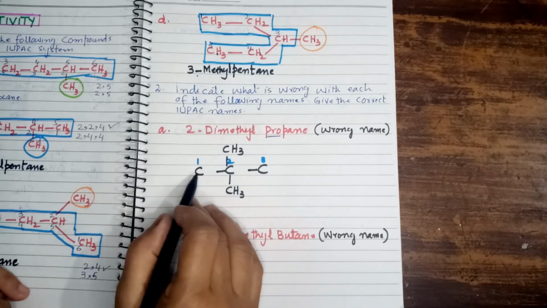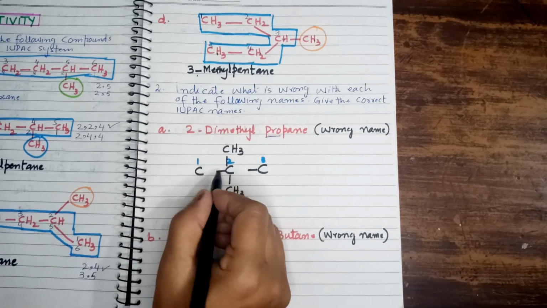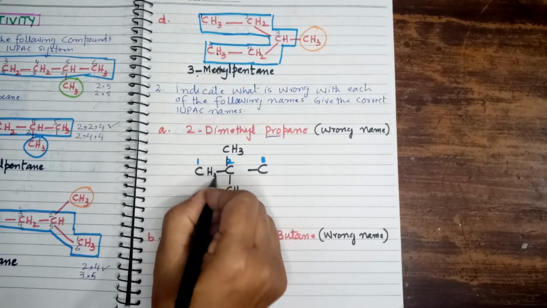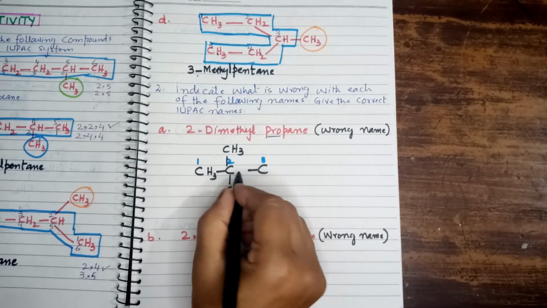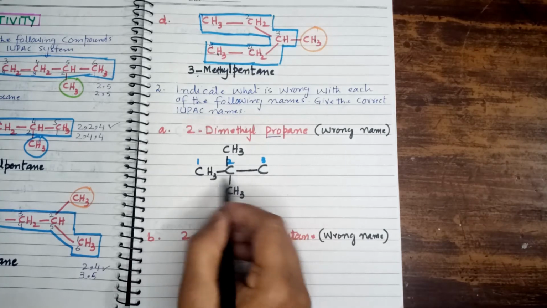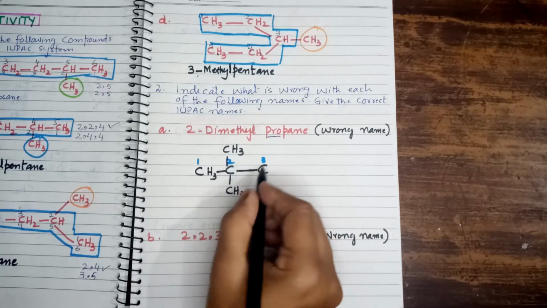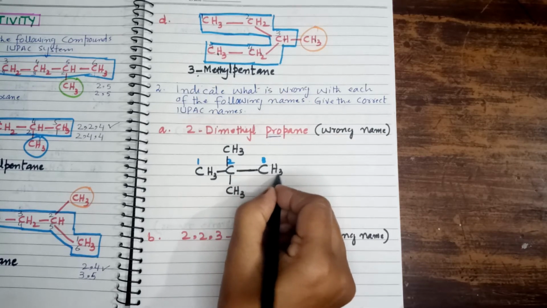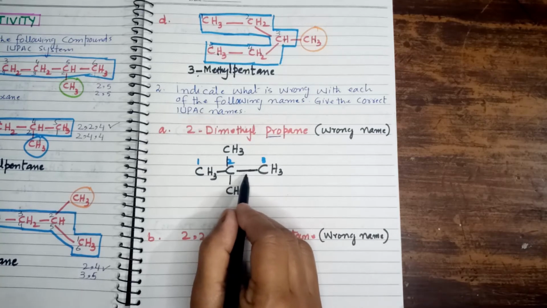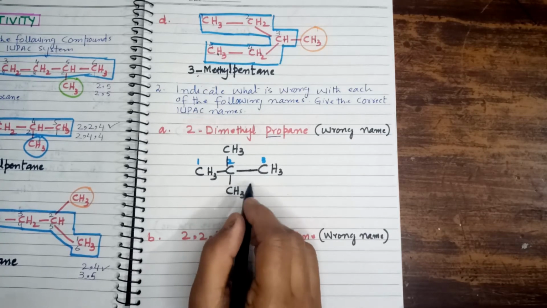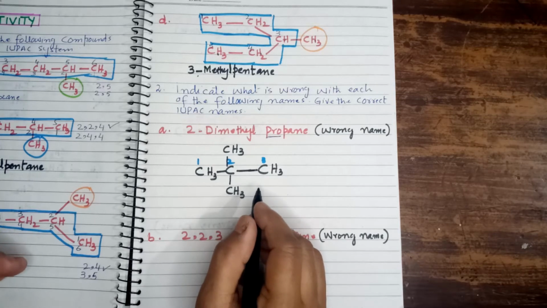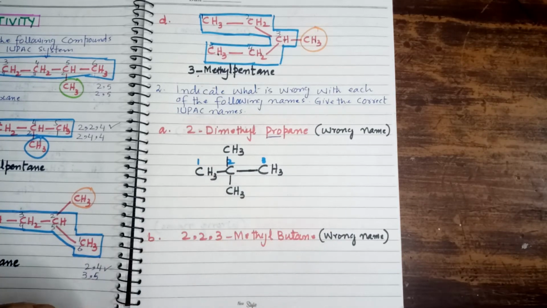Now, fill the vacancies of carbon with hydrogen, right? With this carbon making one single bond, we write here 3 hydrogen, 1, 2, 3, and the valency of this carbon becomes 4. No more capacity for hydrogen. And with this carbon, which makes one single bond, we add 3 hydrogen. 3 plus 1 is equal to 4. Make sure that each carbon must be tetravalent, because carbon can form a maximum of 4 covalent bonds, right? Now, this is the structure of the organic molecule.